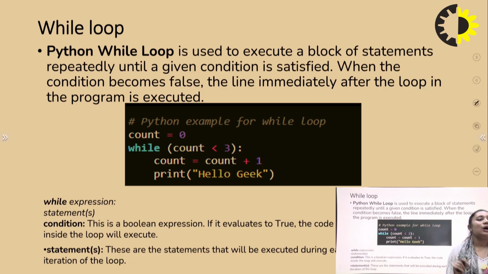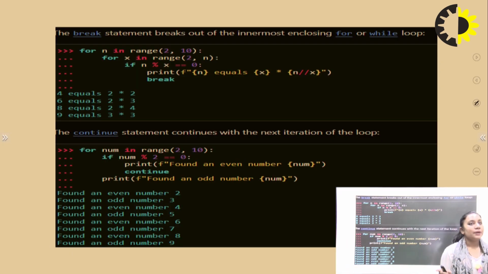So count while loop. So while the condition, if the count is less than 3, then increment the count and print the hello, right? Next, we have the break and the continue statement. So the break statement is used to break the inner closing of the for or while loop,